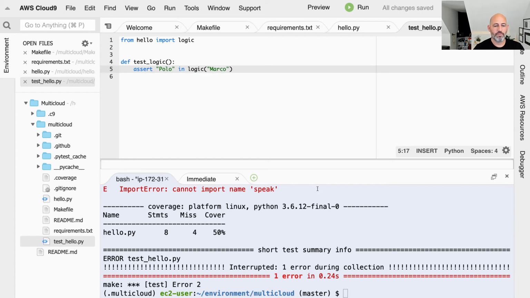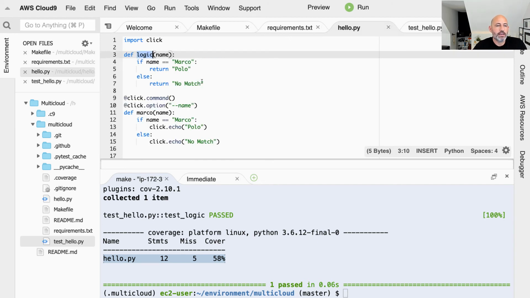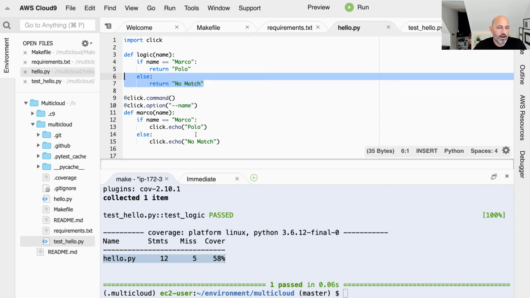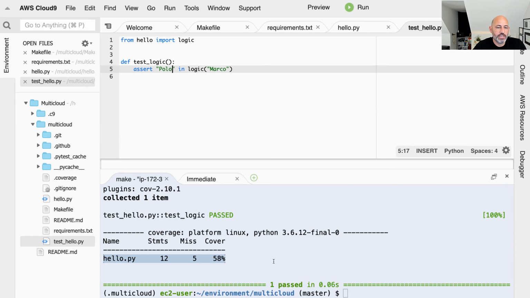And now if I run this, this should show me that my test coverage, it should pass, but there's missing test coverage. Now, why would the code be missing test coverage? Well, it's missing test coverage because I actually don't check this, and I also haven't checked this part of the code, which is the logic that orchestrates things. So in order to do that, I need to change my command line tool to have a second assertion,